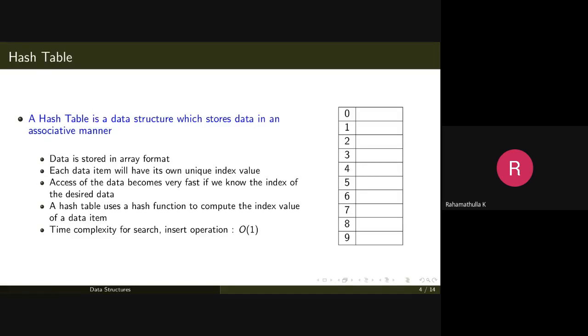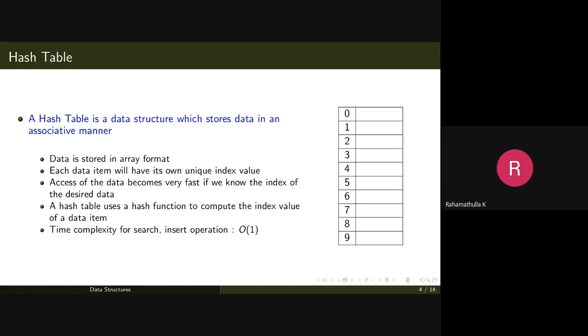So a hash table is a data structure in which the elements or the array records are stored in an associative manner. A hash table is nothing but an array. Each data item will have its own unique index value. So the access of data becomes very fast if we know the index of the desired data.